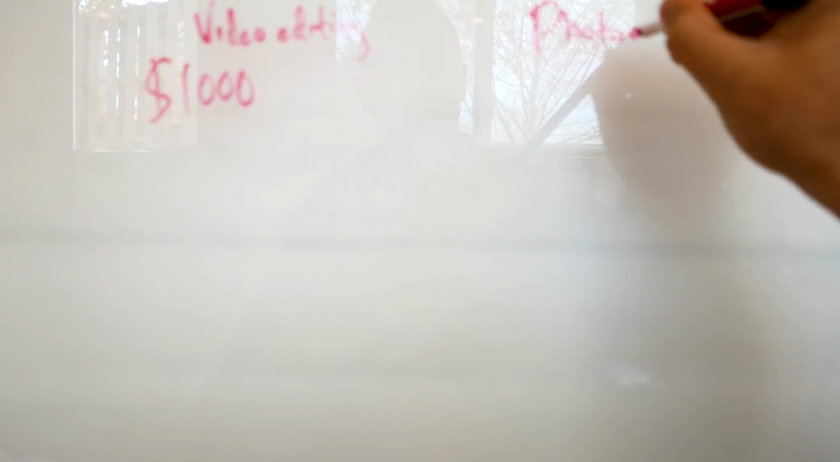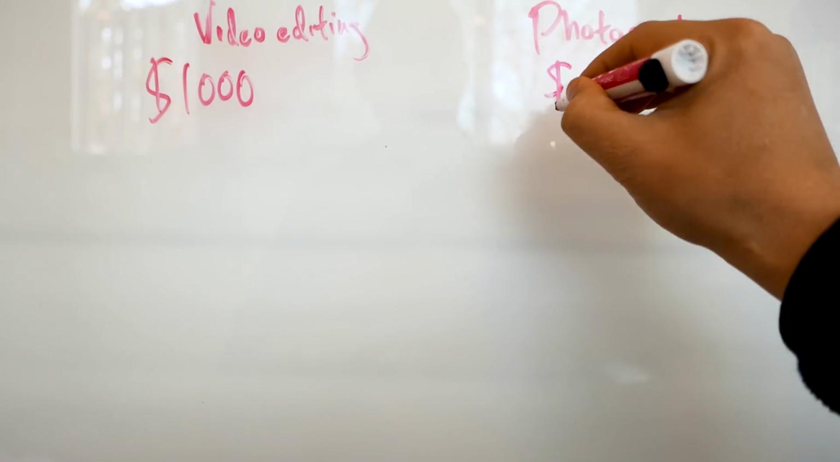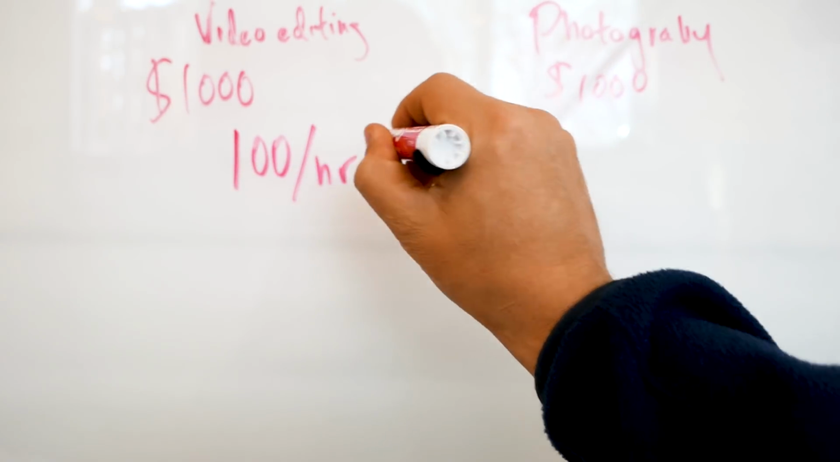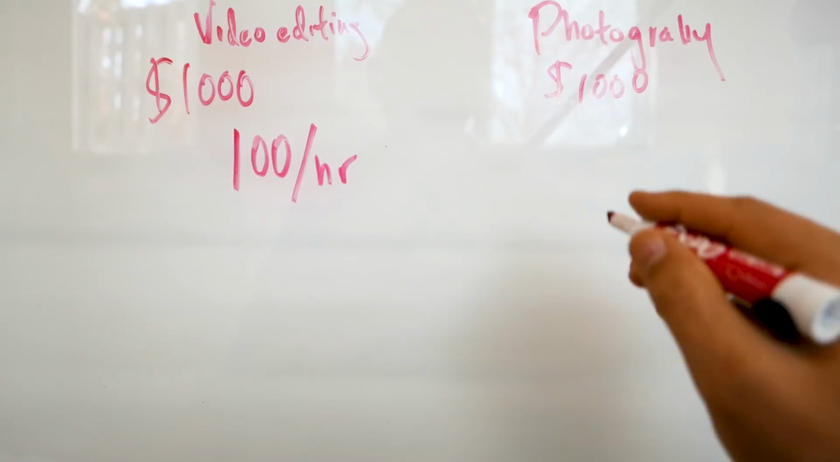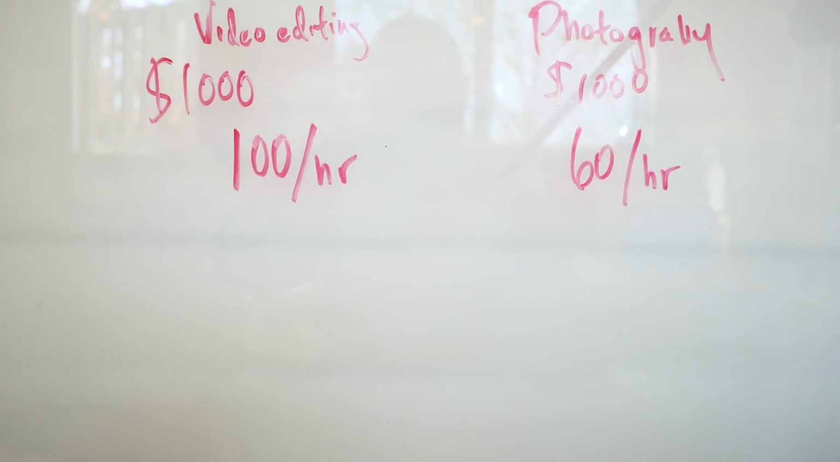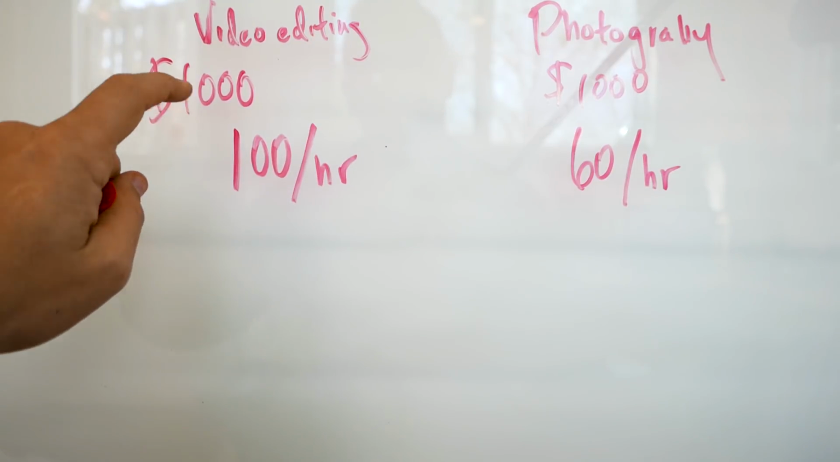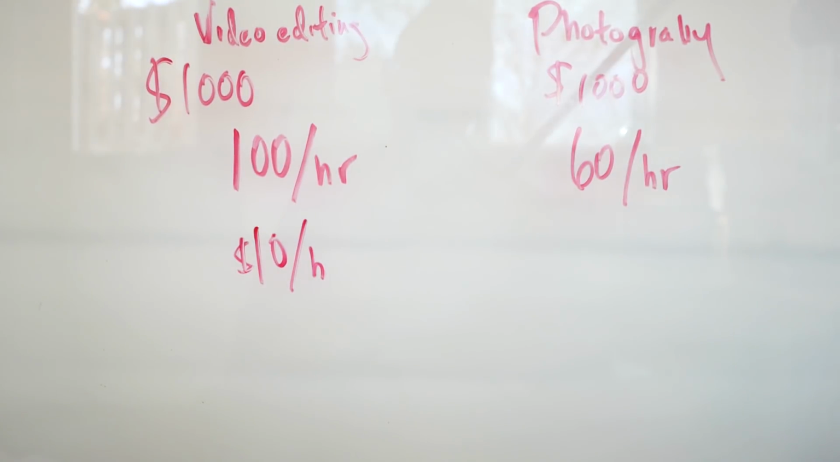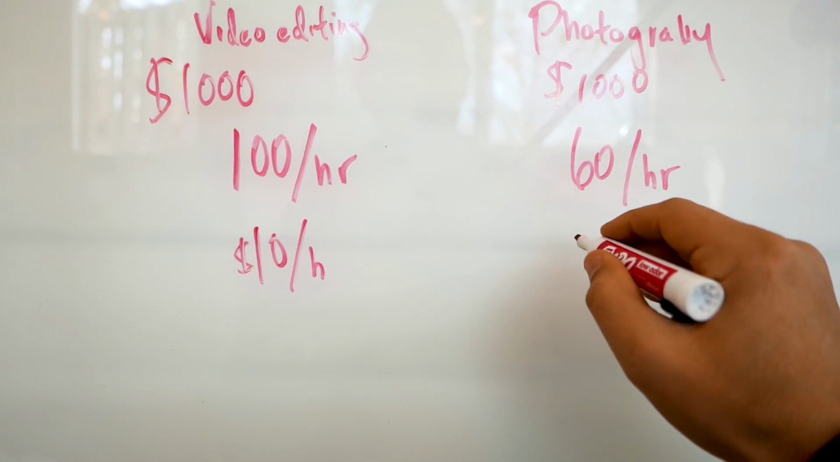$1,000 to do that. And on this side, you've got to take pictures. You've got $1,000 over here for this photography project. Let's say for this video editing project, you put an average of 100 hours into it. Let's say on this photography project, you're going to put 60 hours into it. So effectively here, your hourly rate for this project is $10 an hour. Okay? Your effective rate for this project is $16